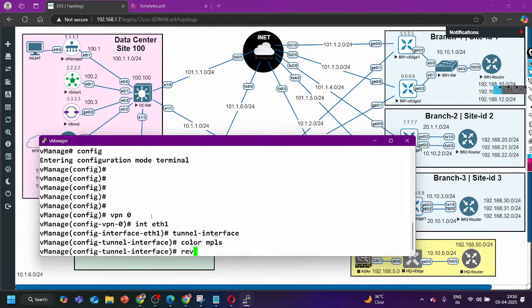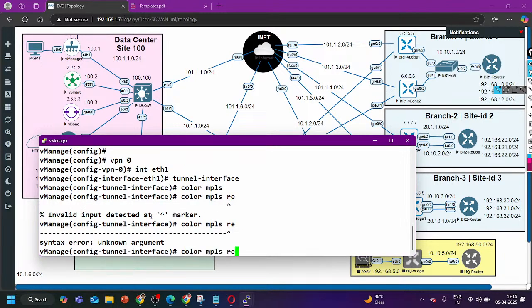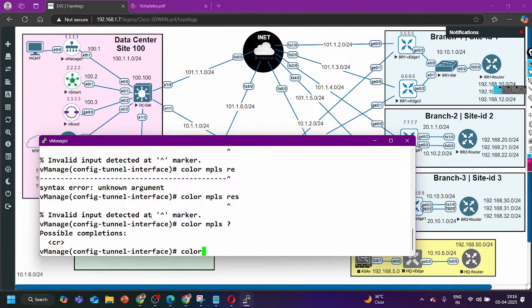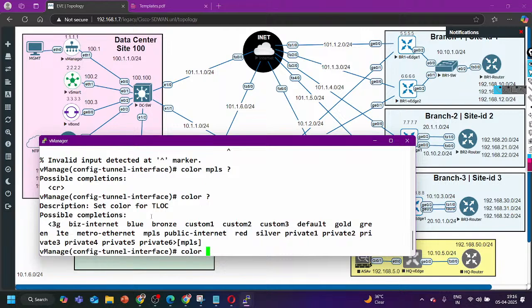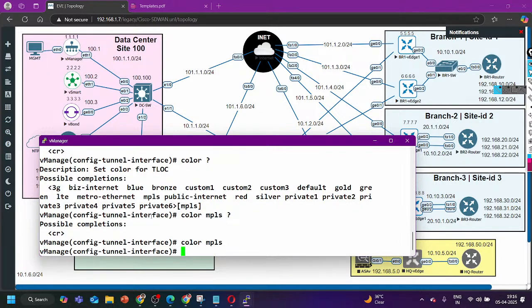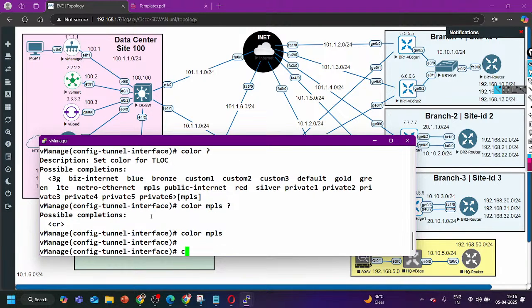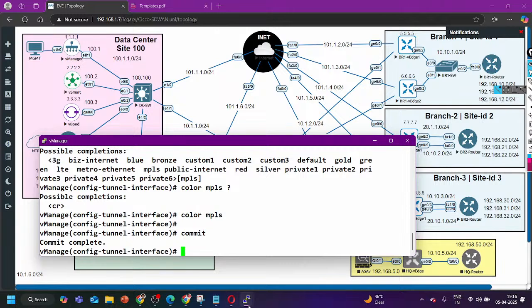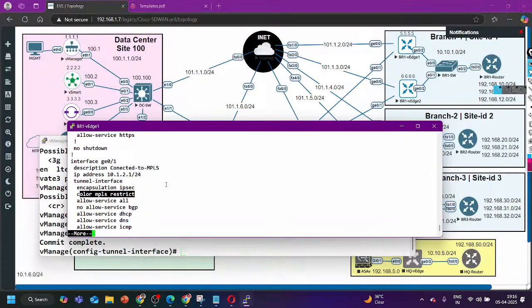Restrict also, color MPLS restrict. Commit. Now go to branch 1 VS1